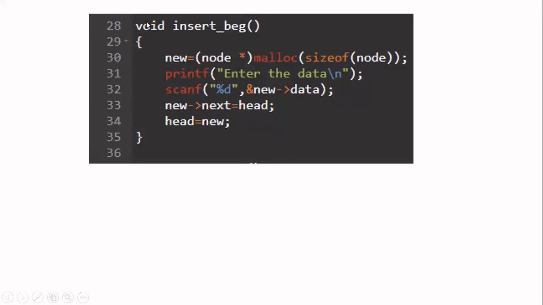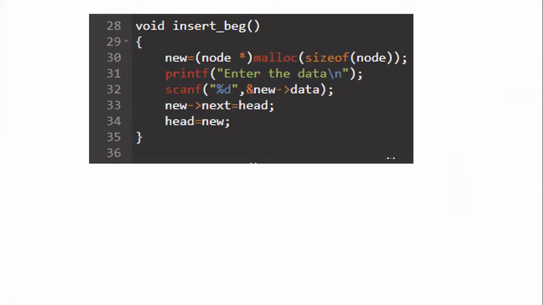and this function is not going to return anything to you. So the return type is void. In line number 30, I am creating a new node. In line numbers 31 and 32, I am getting the data from the user and storing it in the data field of the new node. Then, I told you there are 2 pointers you have to add. In line number 33, I am creating the pointer from the new node to the previous first node. In line number 34, I am creating the pointer from the head to the current new node, so that it will become the first node of the new data structure you have created.